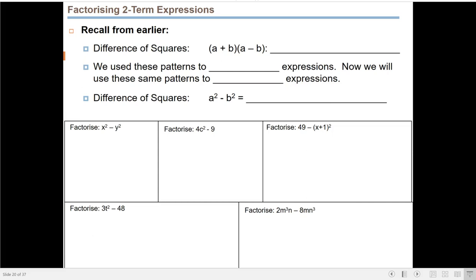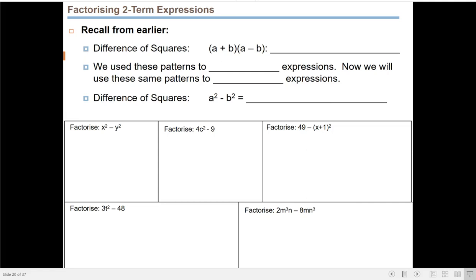Okay, guys, so you finished 1AC, 2AC. Hopefully you had some success. Now let's look at the second bit of this lesson, which is factorizing two-term expressions. Now, to understand this, guys, we have to go back and look at